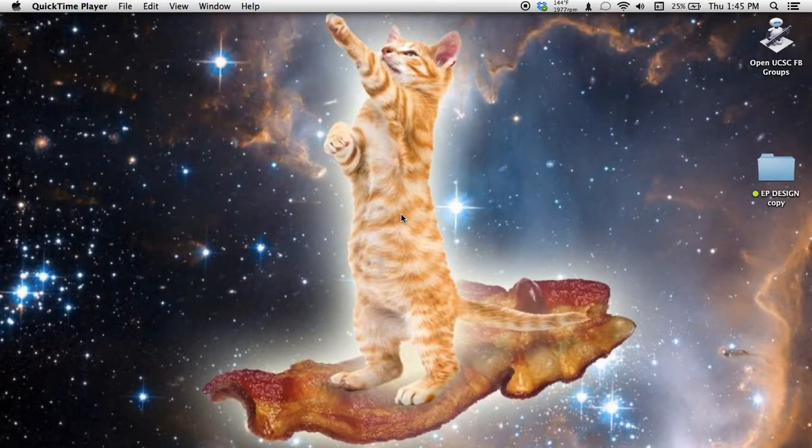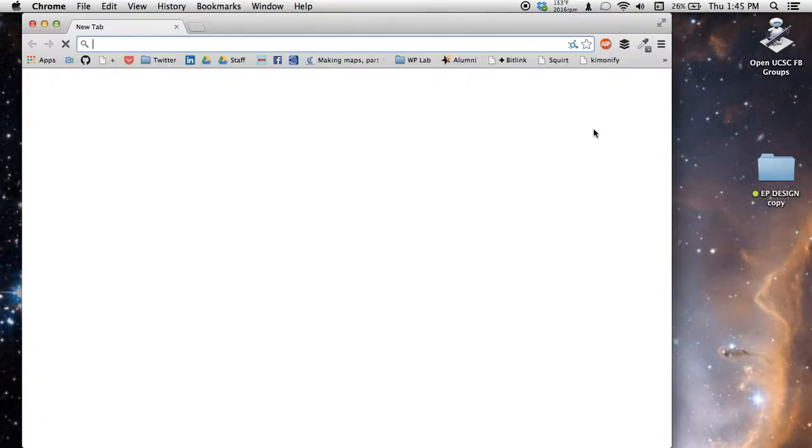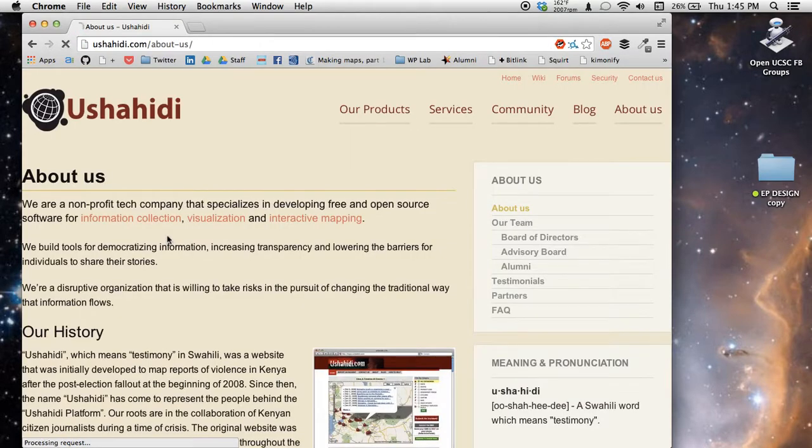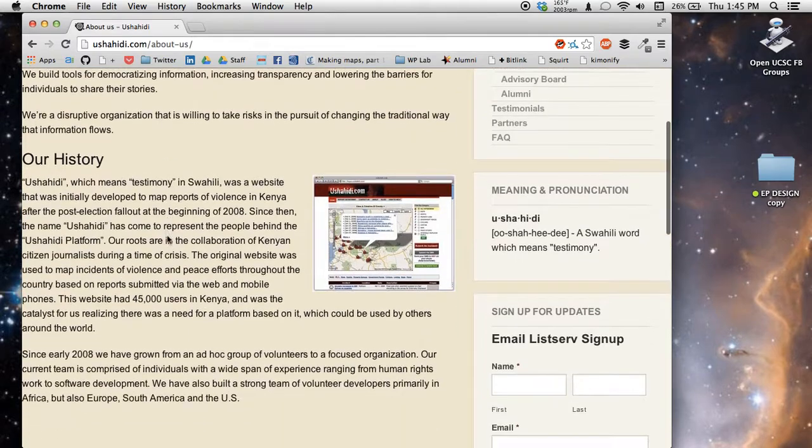Hello, so today we're going to be talking about how to use CrowdMap. CrowdMap is essentially a host for Ushahidi. Ushahidi is an open interactive mapping platform that started in 2008 after some civil unrest in the fallout of a